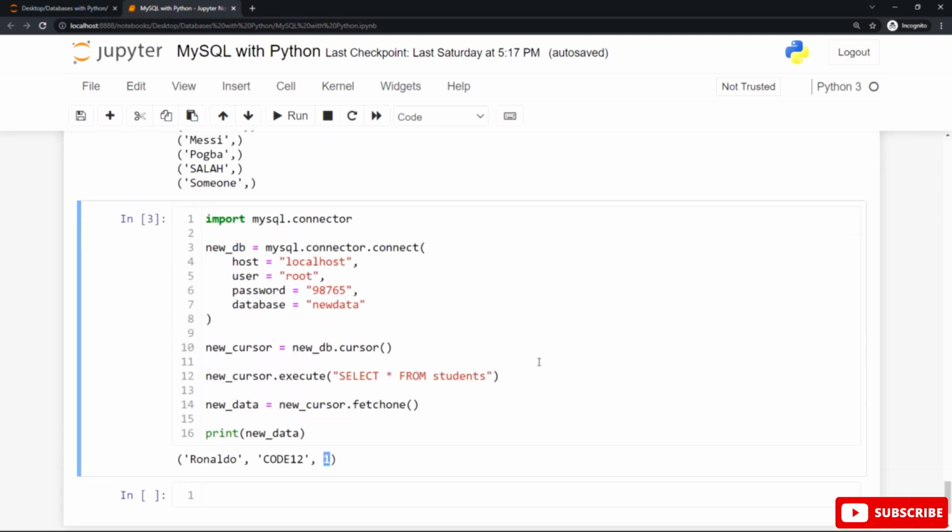Now let's summarize all what we have done here. First of all, you can see the import statement to import the driver, then the connection, the cursor, the execute statement with the cursor to execute the select statement to select the information from the students table, then the fetchone statement with that cursor to fetch only the first record from the table called students, and the print function to display the output on the screen, and hit Shift Enter or Shift Return to get the output, as you can see.